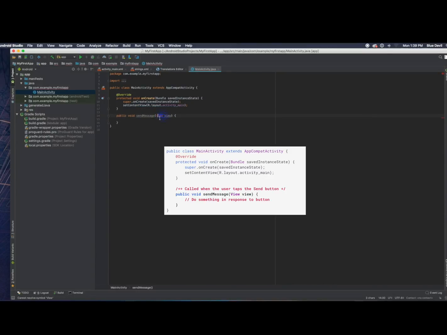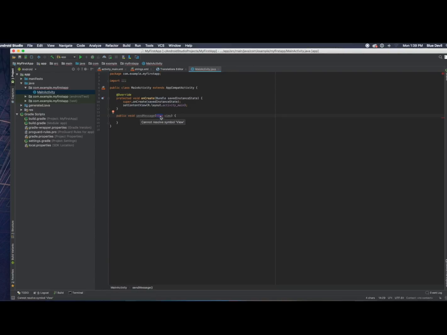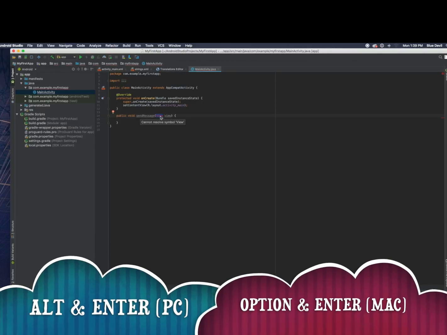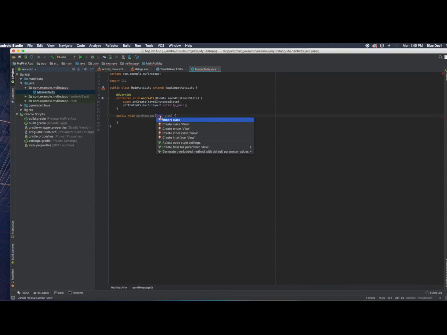You may see an error because Android Studio cannot resolve the view class used as the method argument. So click to place your cursor on the view declaration and then perform a quick fix by pressing Alt and Enter on a PC or Option and Enter on a Mac. If a menu appears, select Import Class. Now return to the